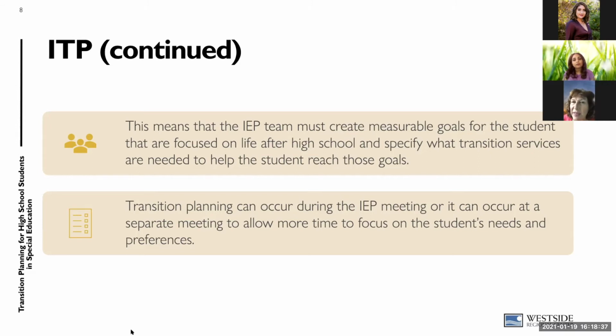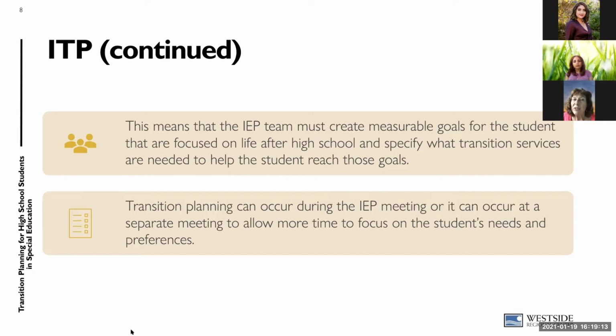Services in the ITP or IEP document are usually at the end of the document, and they're contained in something called a FAPE offer, free and appropriate public education. After the goals are listed, it will list what services, how often, the frequency and the duration, and how long these services will be provided in order to assist the student in meeting the goals.